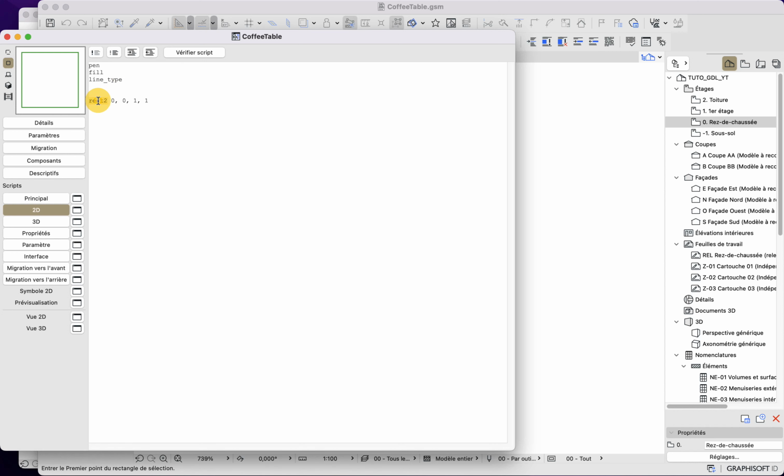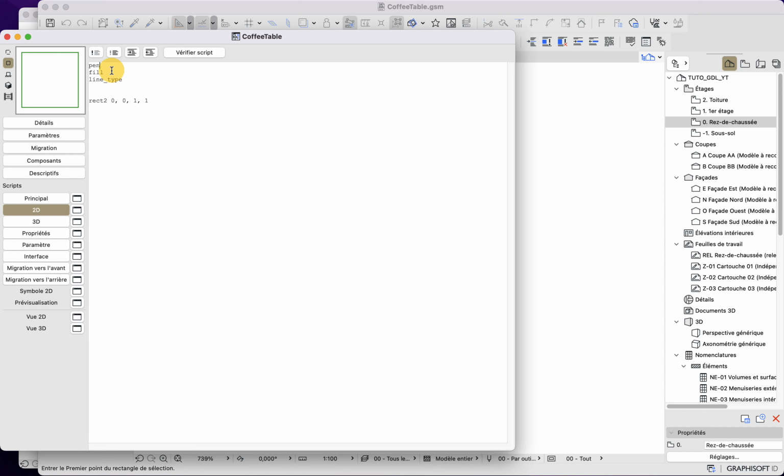By convention, you can see that I have written my statements in lowercase, but you do not need to do it if you prefer them to be uppercase. GDL is a case insensitive programming language, so it doesn't really matter here, but I prefer them to be in lowercase.